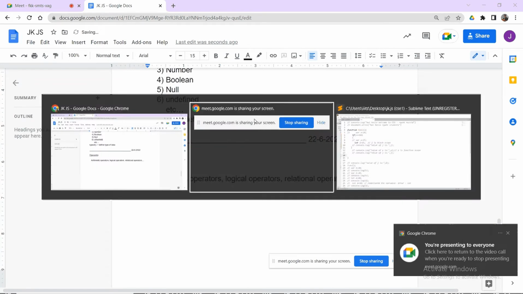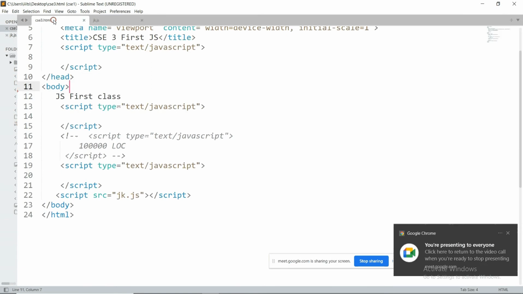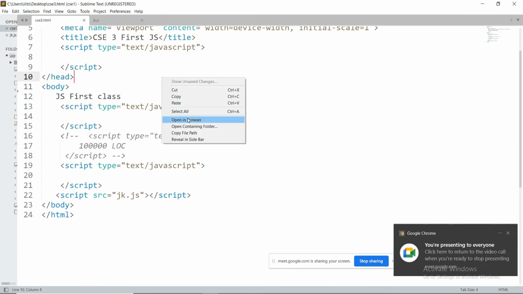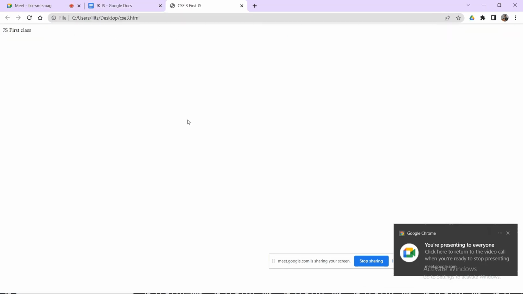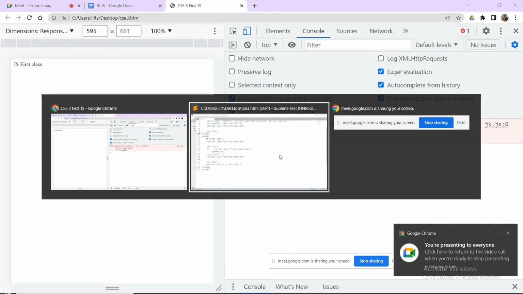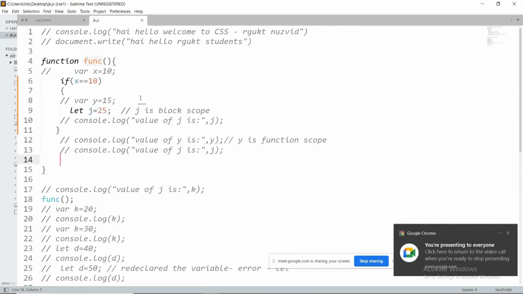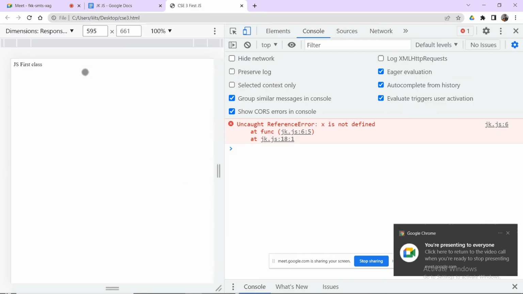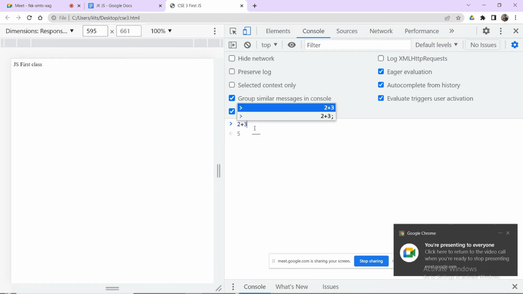For example, if I go to the console, one minute, I think I am getting some error here. So this is the code that you have seen in the previous class. For example, I would like to perform some arithmetic operation. 2 plus 3, 5. This is an arithmetic operation. For example, 7 by 2.